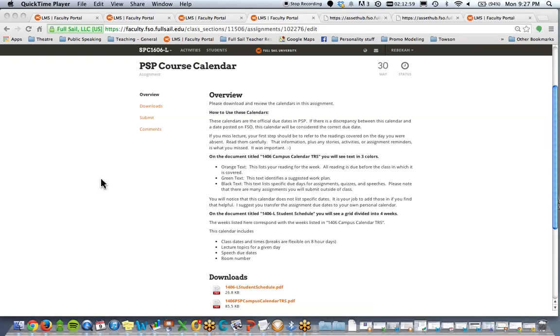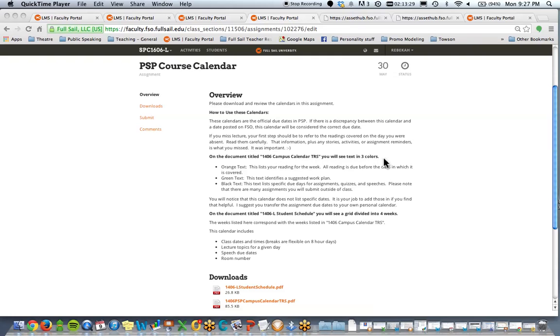So these calendars are an awesome tool that you have available to you in this class. If you want to know what is due, if you want to know what we are covering in class on any given day, you can look at the entire month and know exactly what is happening every single day that we meet just by looking at these calendars. So let me walk you through how to use these and what is available here, and let me know if you have any questions. All right, so the very first thing is we're going to look at this document,